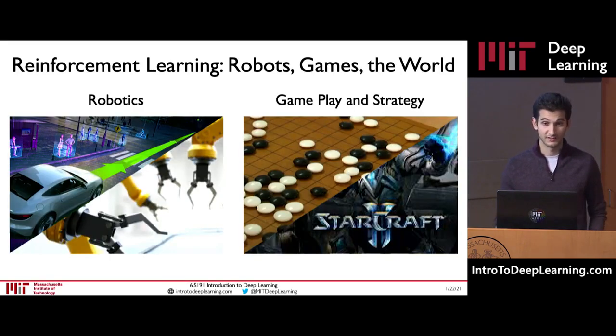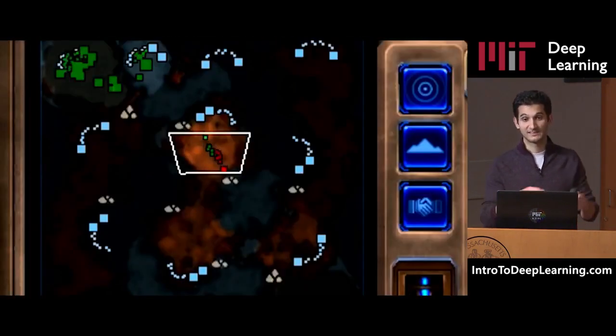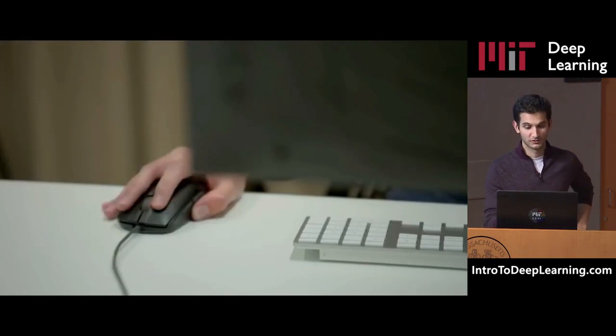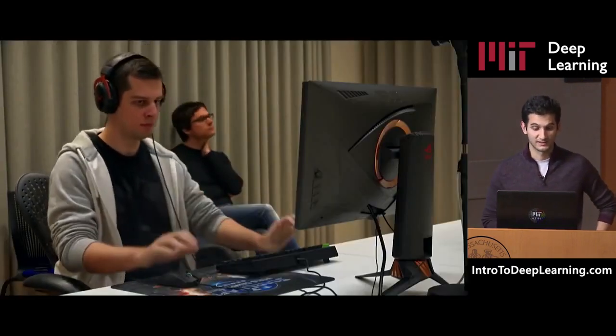Now, this has huge obvious implications in many different fields, ranging from robotics to self-driving cars and robot manipulation, but also in this new and emerging field of gameplay and building strategies within games for solving and optimizing how an agent or how a player in the game can try to beat out other forms of human players. Now, you can even imagine a combination of robotics and gameplay now, where you train robots to play against humans in the real world. So here's an example that you may have already seen in the past about a DeepMind algorithm that was trained to play the game of